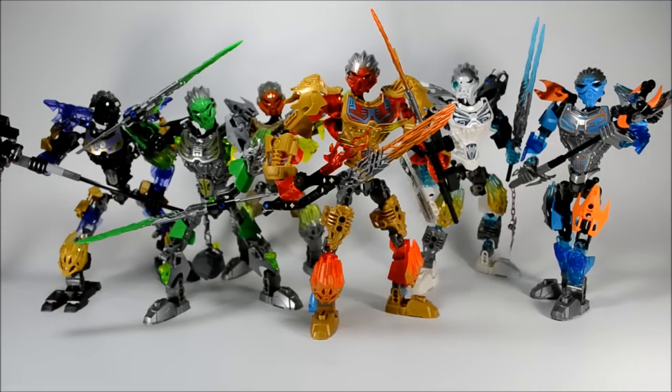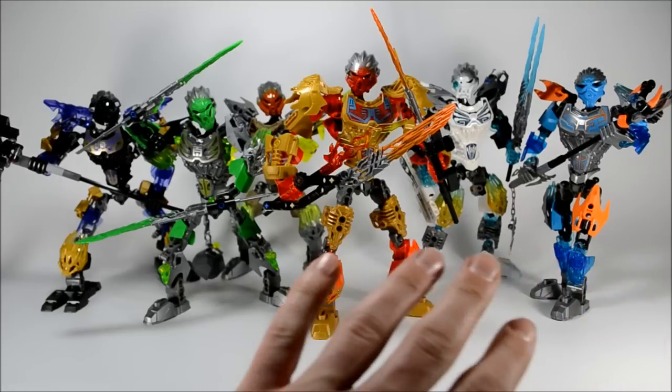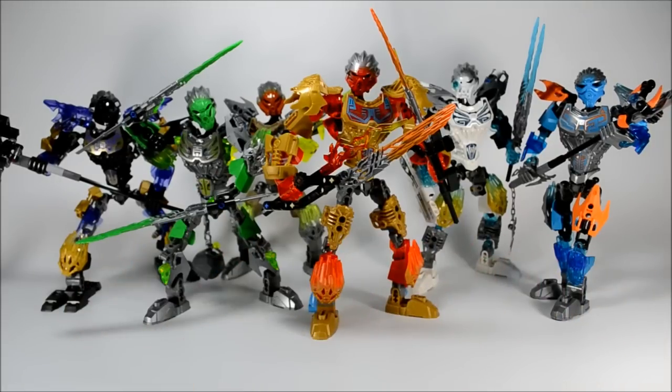But all of that out of the way, I want to say these guys, as they almost always do, look great as a team. And the elements are captured pretty well in most of them. I mean, really. You can tell Tahu, he's the Toa of fire. His blades are flames. And Kopaka, he's got the white color scheme, and he's got the blue on the blade, which looks like icicles or something like that. And it just looks great. I mean, the sets individually, though, I think my favorite...